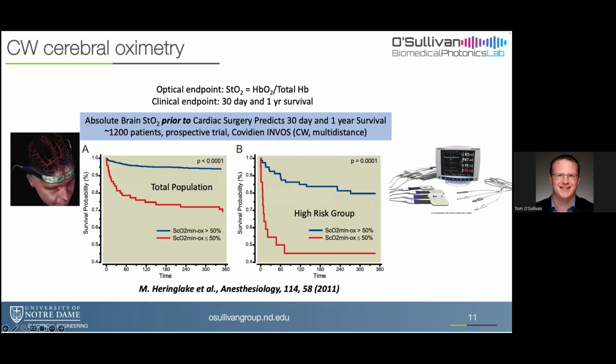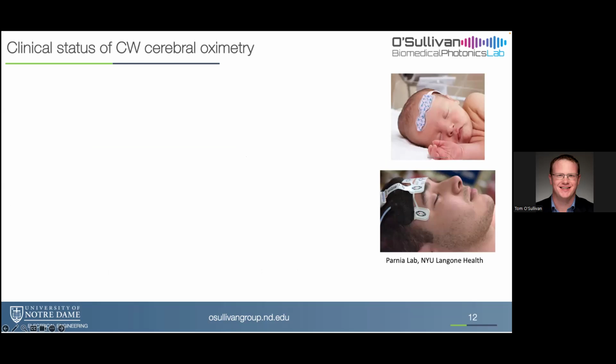Most people before the cardiac surgery would probably be on medication. Is it the case that the population that's at risk maybe are on multiple medications? They do. I mean, that wasn't controlled for. Right. Yeah. So I mean, this is compelling. So this is one potential use of this technology. Absolutely. Yeah. So that kind of leads to, I wanted to try to give a summary of how these oximeters